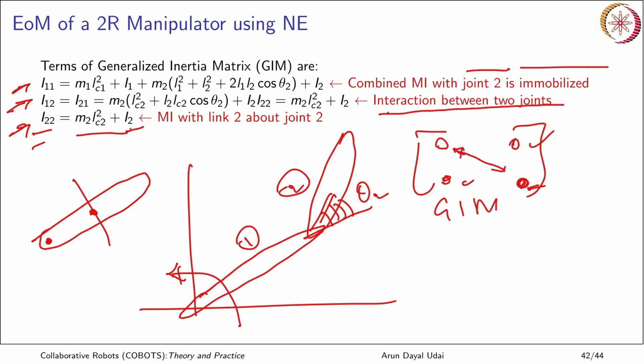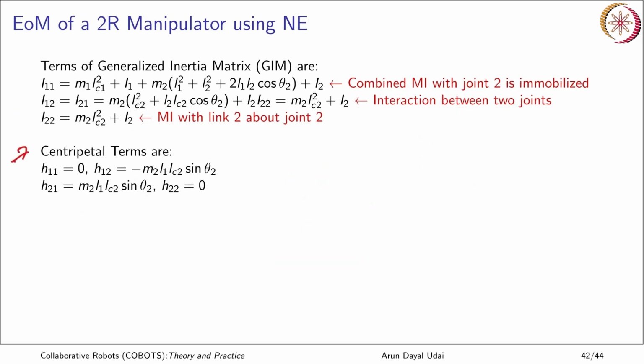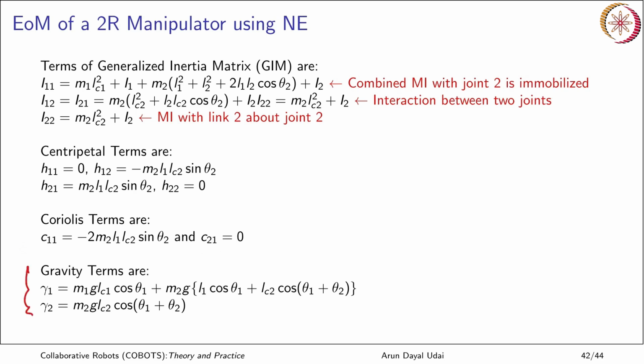Okay. So, likewise you can continue if at all there are 3 links. So, this will be link 3 alone, this will be due to link 2 and 3 and this will be due to link 1, 2 and 3 and the remaining will be product moments of inertia. Okay. Remaining part. Okay. So, now the centripetal terms are here H11, H21, H22, H12. Okay. All 4 are different, they are here. Coriolis terms are here C11 and C21, okay, that is here, and gravity terms, they are directly here.